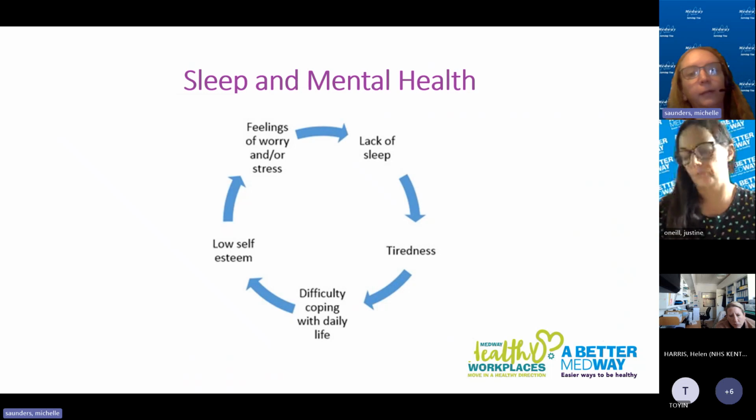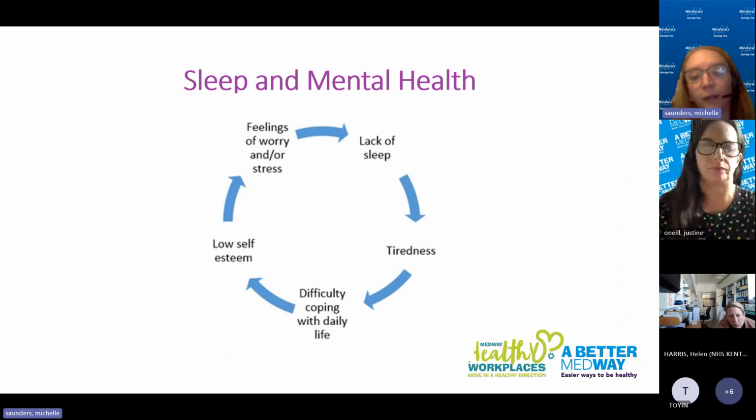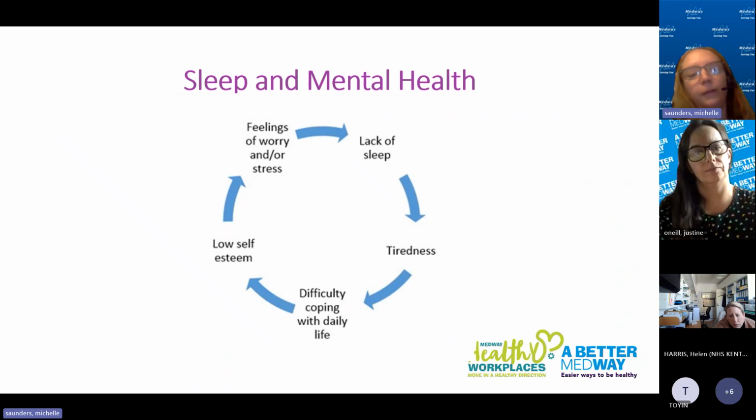So sleep and mental health, as we said, lack of sleep can lead to poor mental health, but poor mental health can also lead to a lack of sleep, as this diagram here from the Mental Health Foundation shows us. So we might have a lack of sleep, which leads to tiredness, that leads to difficulty coping with daily life, that impacts our self-esteem, and those feelings of worry and stress can then lead to lack of sleep. So if you find yourself in this situation, it's really important to seek help with your mental health, try and get those things addressed and do what you can to protect your sleep so that you don't end up in